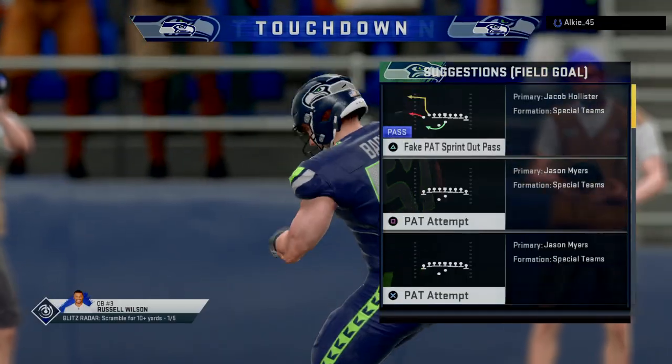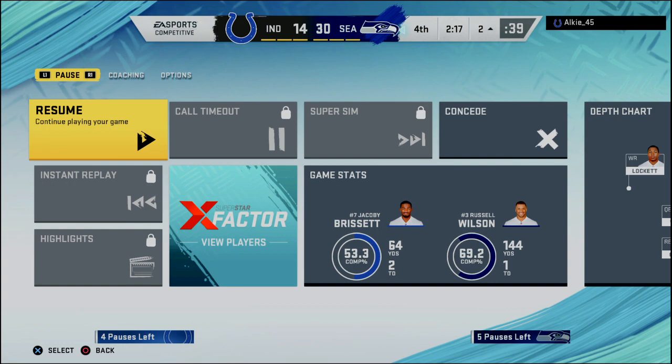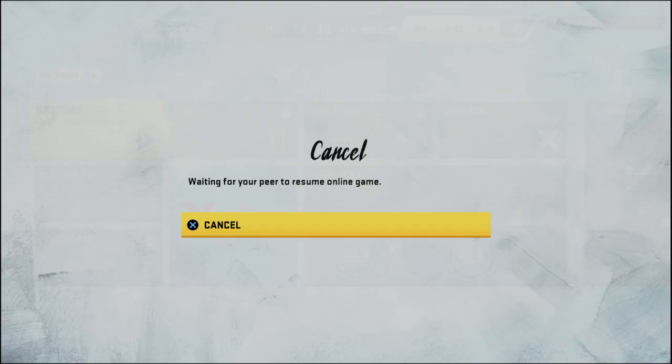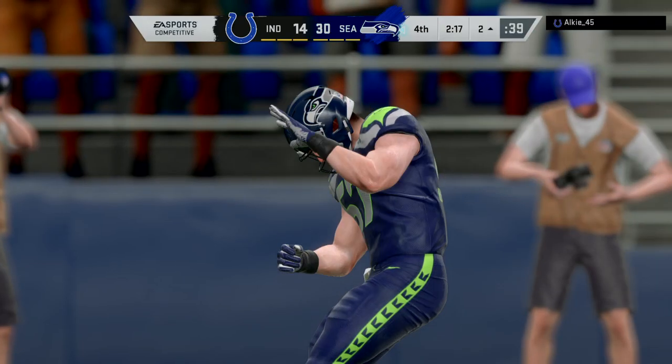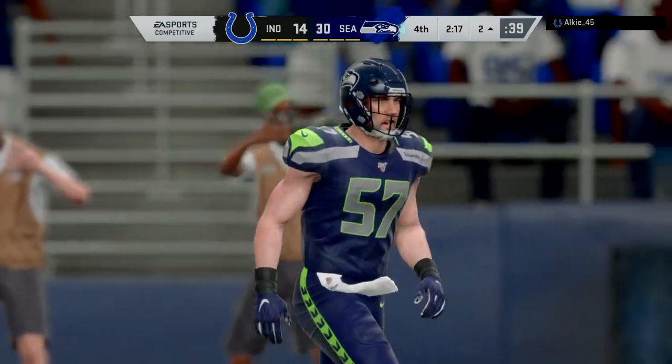It's a Seahawk touchdown. Touchdown, baby! Touchdown! Touchdown!